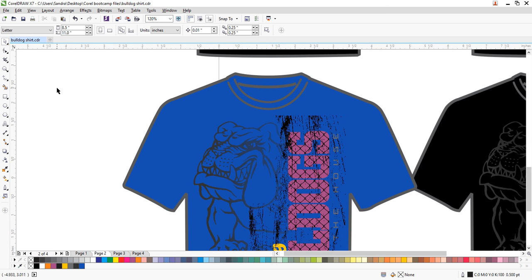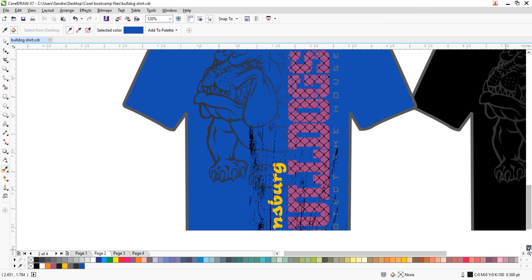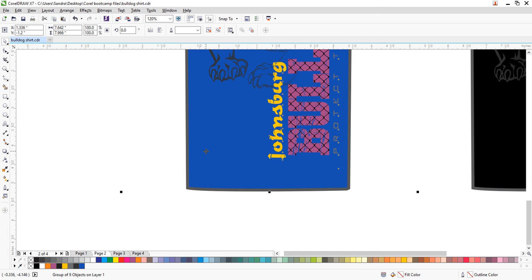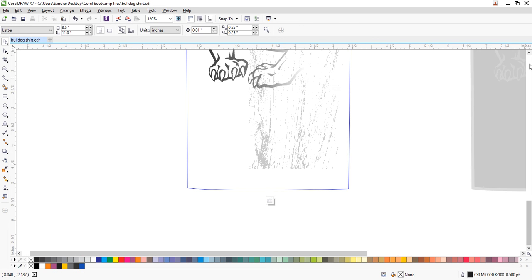You can just come in here with an eyedropper tool, click right there, hold it over where it gets close to your bitmap, and then click it, and it's going to switch it out. And what you do for this image is you just really quickly go in and tweak it. And then what you can do is click here, hold the shift key, click here again, right click, and then hit Edit Contents or Edit PowerClip. You're going to go in here,